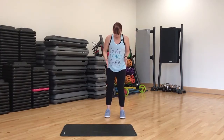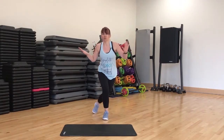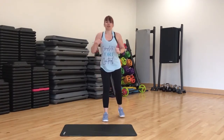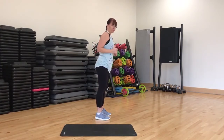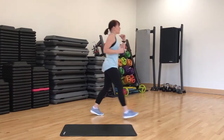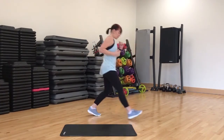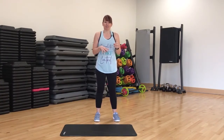If you're doing it front on, feet hip distance apart again, you step back. If you feel like you're getting a little bit wobbly, make sure you're not doing this. It's back, down, and then again up. You take the knee as low as you feel comfortable. Okay, so if you suffer with your knees, maybe not so bad. You can go forward into a lunge. So you step forward and back, step forward and back. But again, if that hurts your knees or if you have problems with your knees, you might want to avoid that. Okay, so that's just a few really easy, really simple upper body, lower body work that you can do